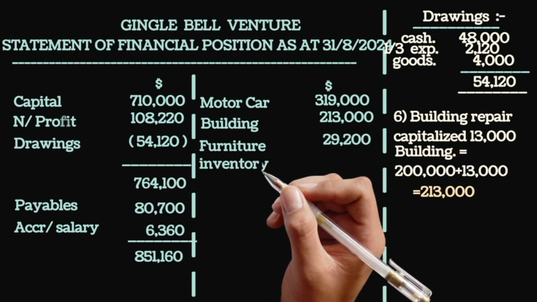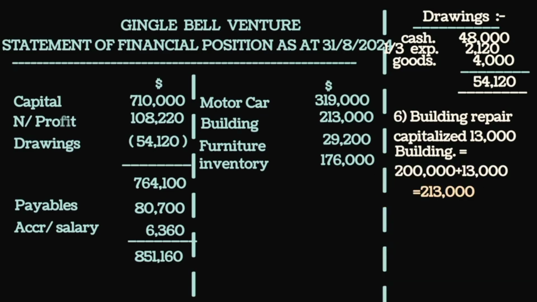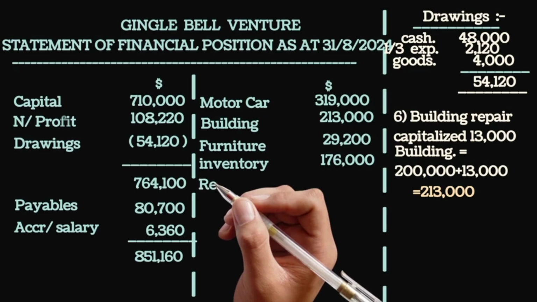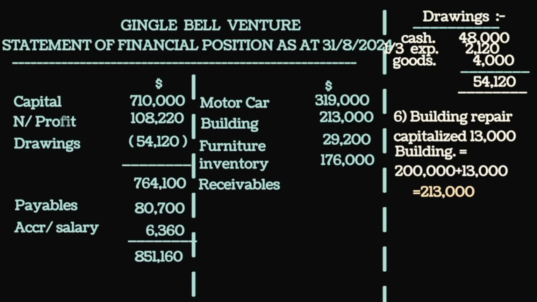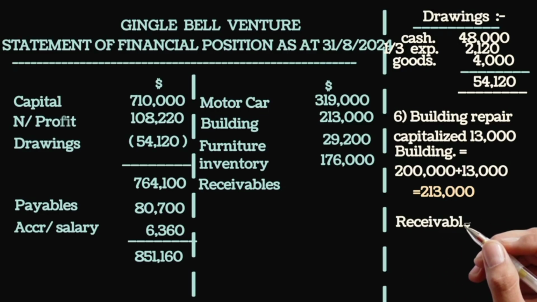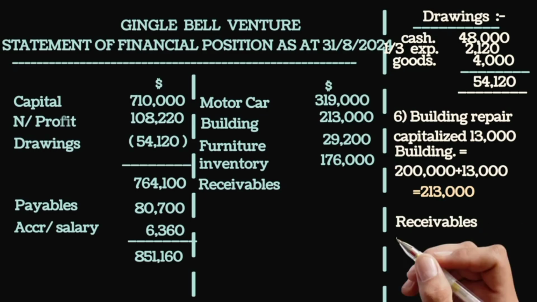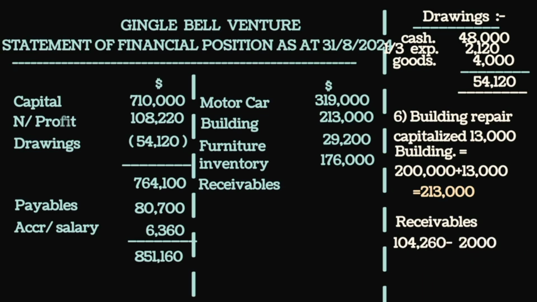Now the next asset is furniture. Furniture remains furniture. There is no adjustment information, so we bring down the value of furniture as it is in the balance sheet, which is 29,200. Inventory, that is closing stock, is $176,000. Then receivable, which is another name for debtors. The value of receivable is the value in the trial balance less